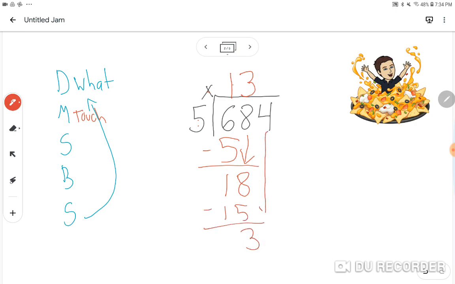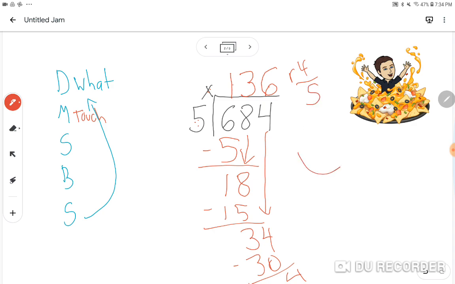Bring down with a long arrow your 4. Start over one more time and ask yourself, how many 5's go into 34? The answer is 6. Remember, answer always goes on top. If you wrote it down here, that wasn't right. 6 times 5 is 30. Subtract and you get 4. We're going to write our remainder as a fifth grader. 136, remainder 4